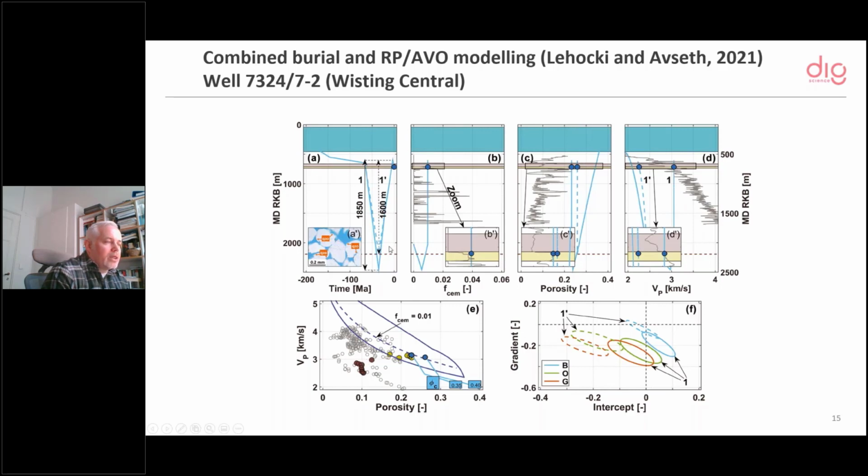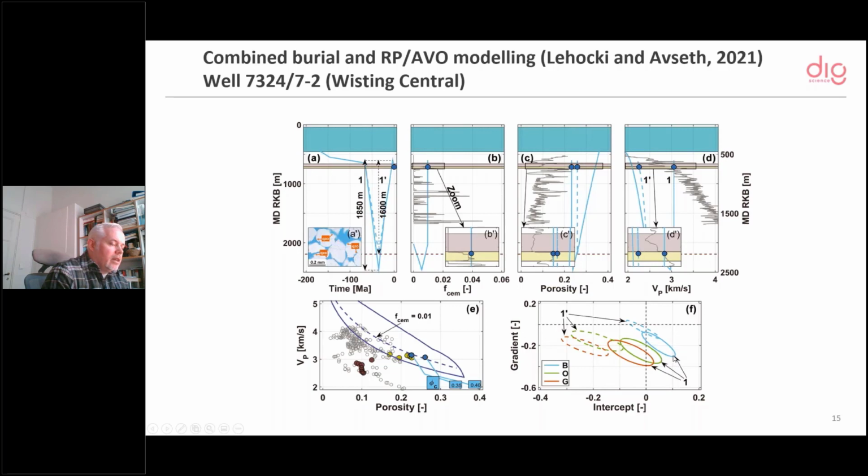But more than that, you can then do the AVO modeling, doing this Monte Carlo simulation in addition, and here is shown as ellipses, iso-probabilistic ellipses for brine, oil, and gas. And you see that we expect a class 2P to 2 for oil here in this case, but you are very close to this onset. So if that uplift was slightly less, you could actually easily get an unconsolidated sand in this area, and then you will flip it to a strong class 3 immediately. So it shows how sensitive just a little change here is on the AVO responses.